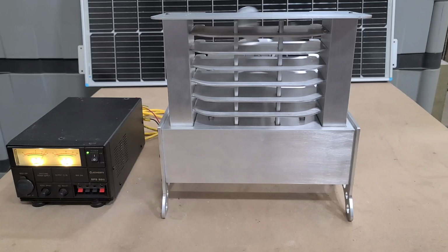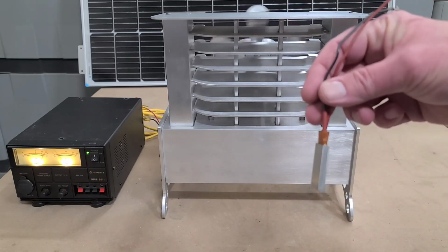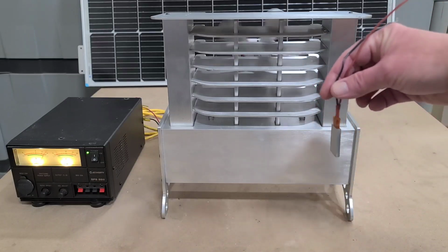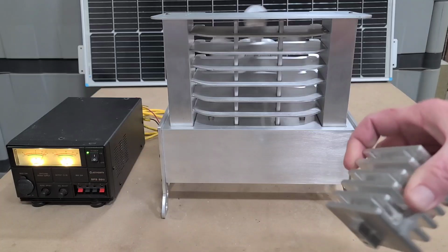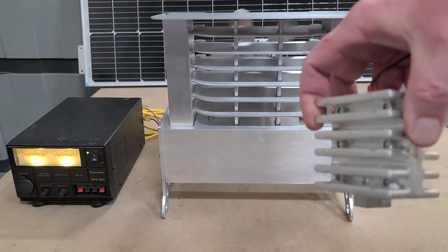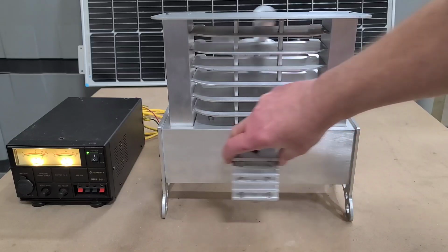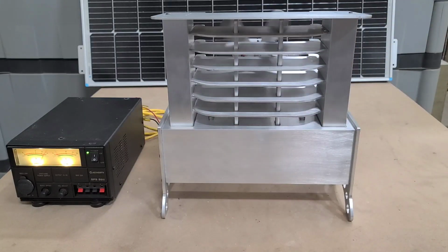What we have in there as heating elements are these PTC, or positive temperature coefficient heating elements, and there's two of them in here, and they are sandwiched in between a heat exchanger inside of these fins. So there's basically one there and one there in the middle, and those are being powered off of 12 volts DC, and the combination of the two